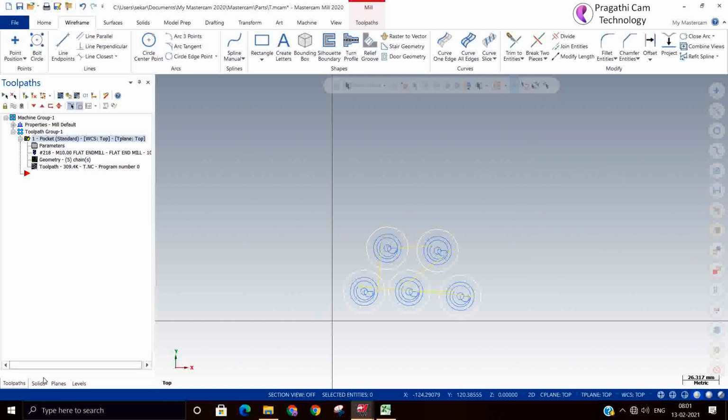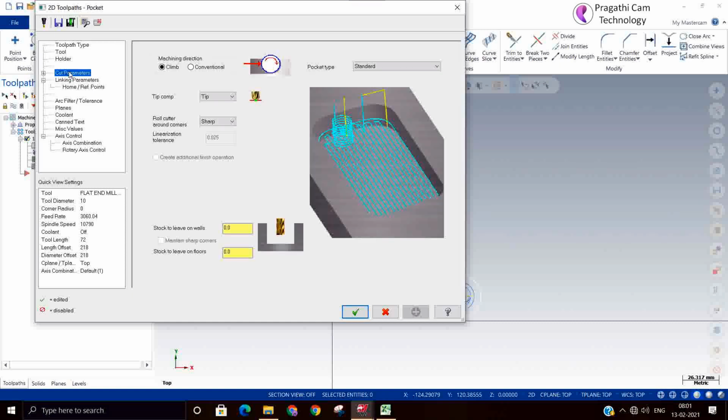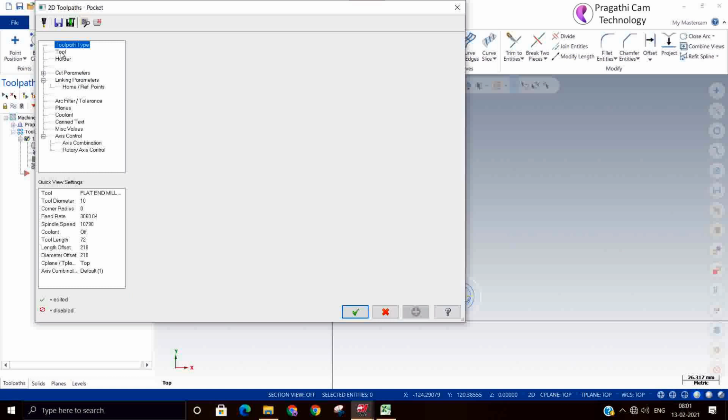So you understood what by depth and by contour are. So far we have seen the depth page, the cut parameters, the first page, the second page, the third page and the fourth page also.